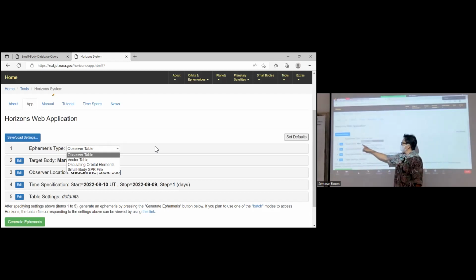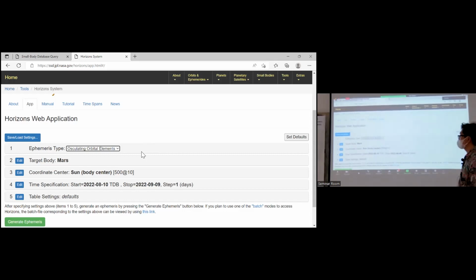If you want Cartesian coordinates for a planet, select vector table. If you want Keplerian orbital elements, you choose this one, osculating orbital elements. Okay? Osculating orbital elements.